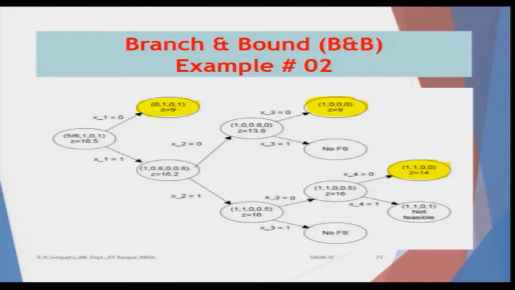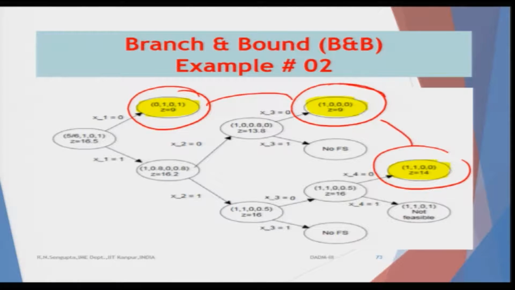So, you started from the left hand side, proceeded accordingly and reached the branches and nodes where any further progress is not feasible, not possible. Once I highlight, this will be compared amongst them. The best solution is when x1 is 1, x2 is 1, x3 and x4 are 0, 0, and the answer is 14. So, with this I will end the 50th lecture, which is the last lecture for the